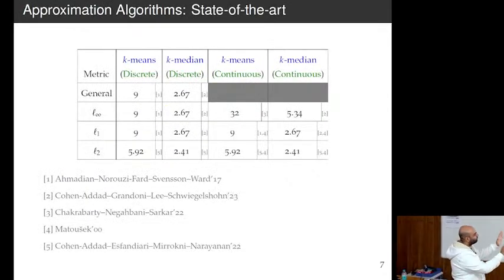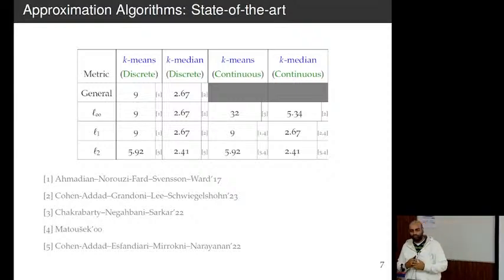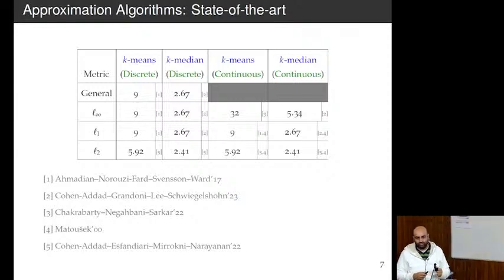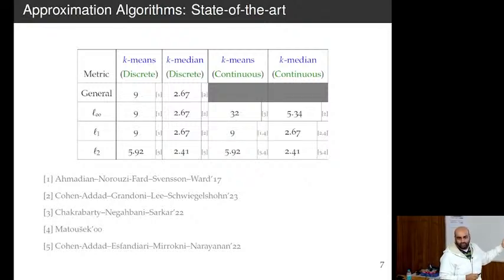Okay, these are a bunch of numbers. I want to say two things here. One, this problem, approximating k-means and k-median clustering, has been studied since the 80s or early 90s. And you can see that these are a recent line of works. So it's of interest to the approximation algorithms community even now. I have to revise this table roughly every year. So it's still of very much interest.